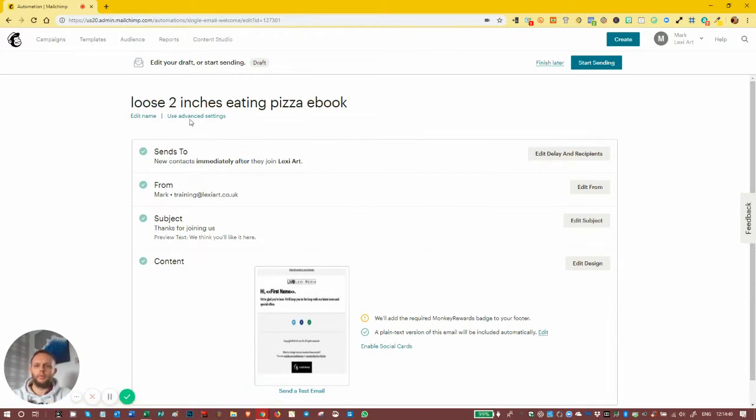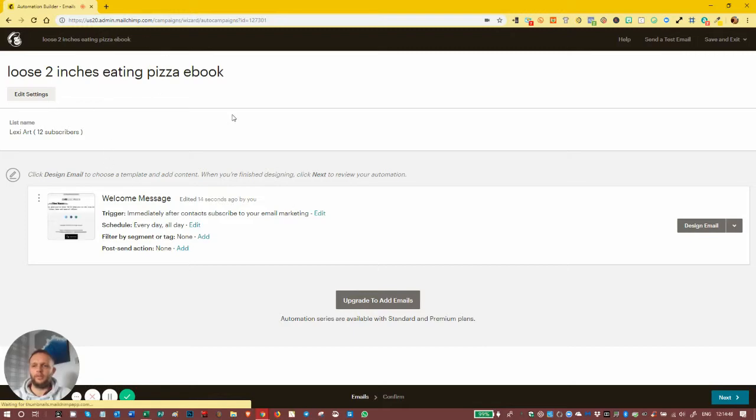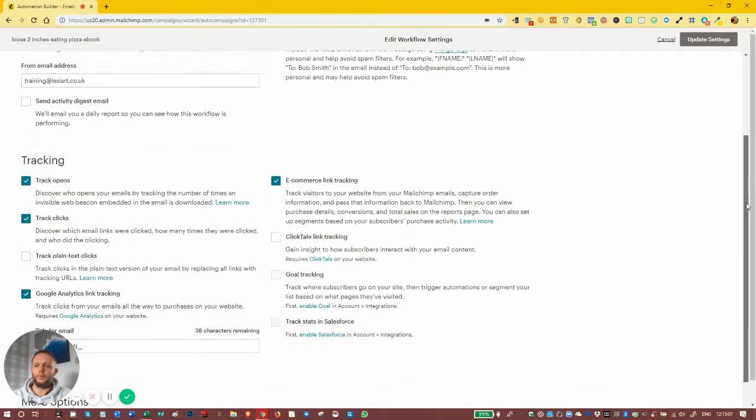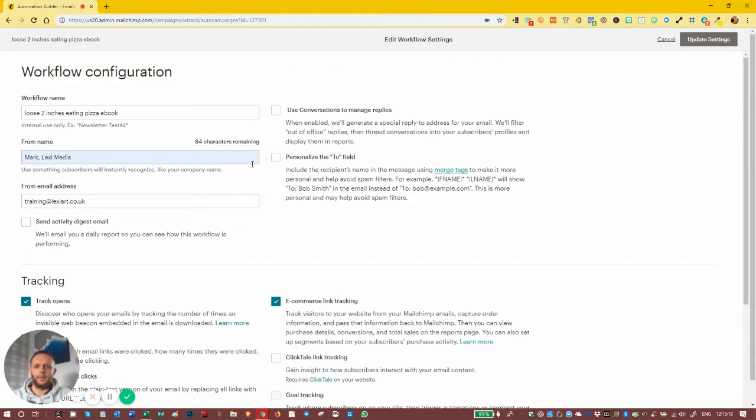Okay, and what we want to do here is we're just going to click on this use advanced settings. Okay, so here we are in the advanced settings. Quickly look at the edit settings box. So we've got the workflow name. It's from, we can change that, Market Lexi Media, from email address. We can have send daily digest emails so we get daily reports on the performance. We could track in Google, give it a name in Google for the automation. Yeah, we can do all that tracking stuff,